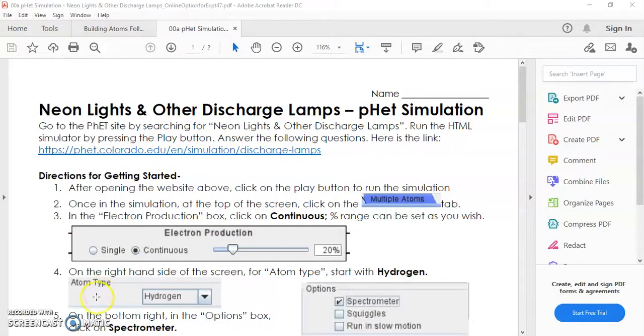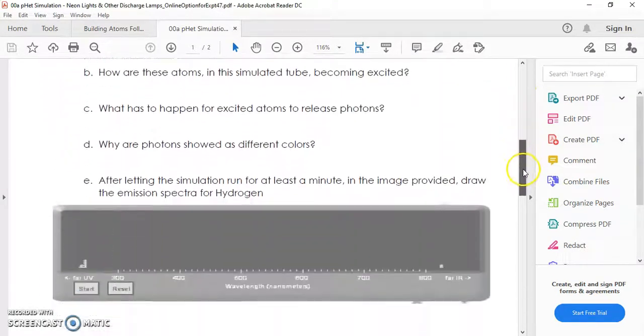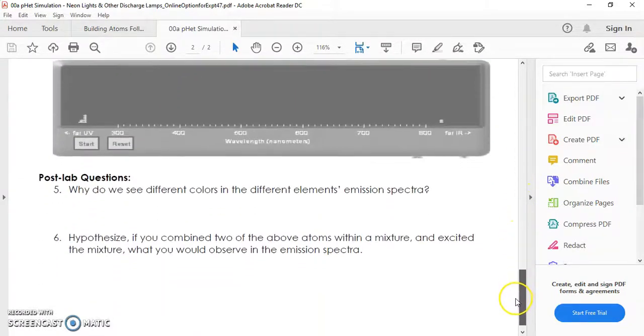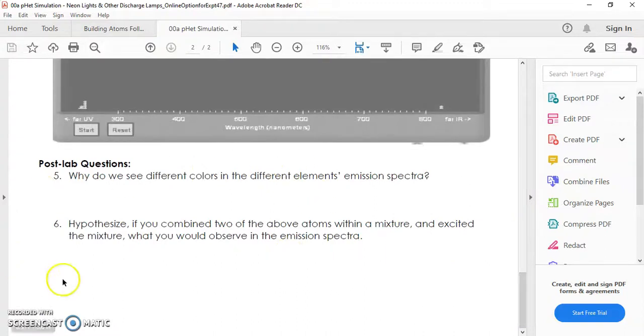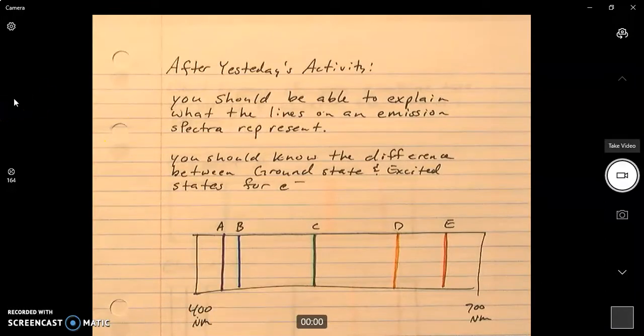Ladies and gentlemen, first thing I want to do is go through yesterday's activity, make sure that we have the essential information from this activity, the simulation that I was trying to get you to absorb. So you should have gone through and answered these questions, filled in your spectra, and submitted that electronically through the CAMI document. Before we come back and talk about number 6 here in a moment, I want to take a look at what I would say is the goal of yesterday's activity, is that you should be able to explain